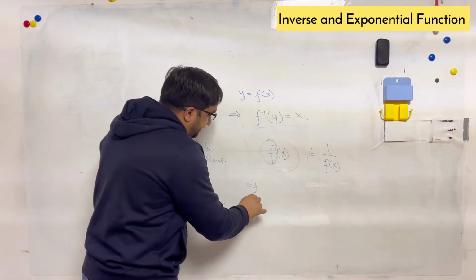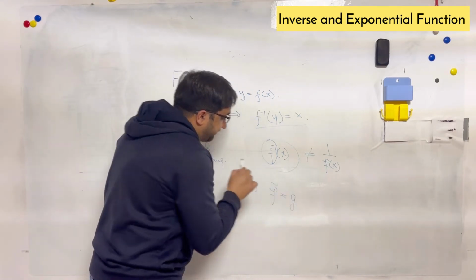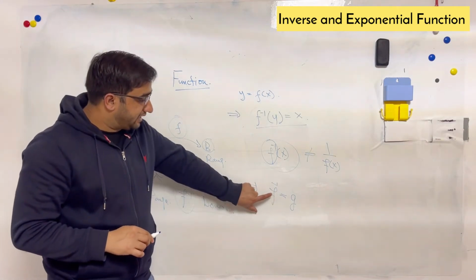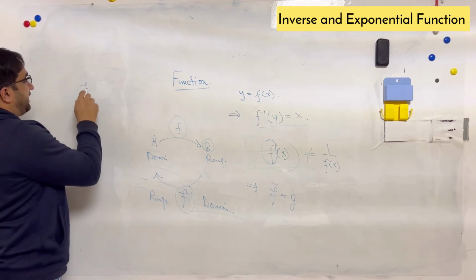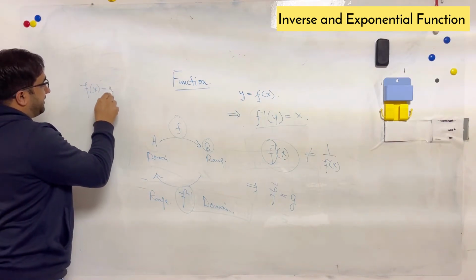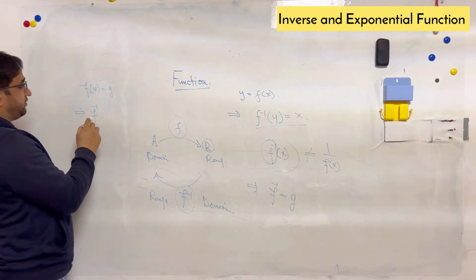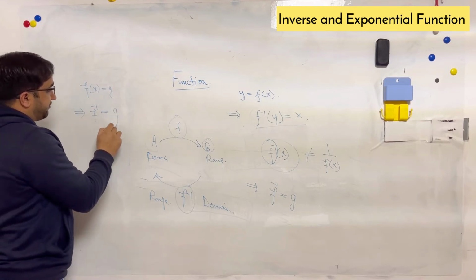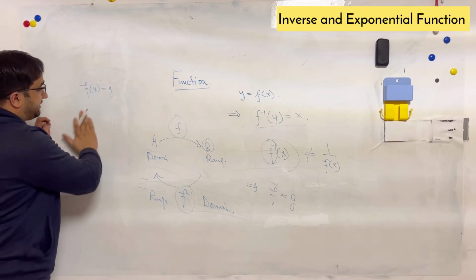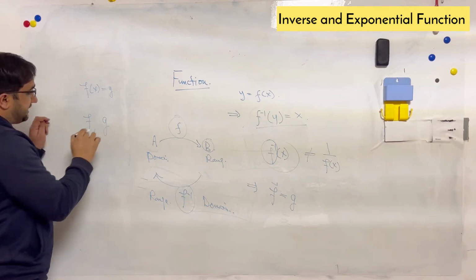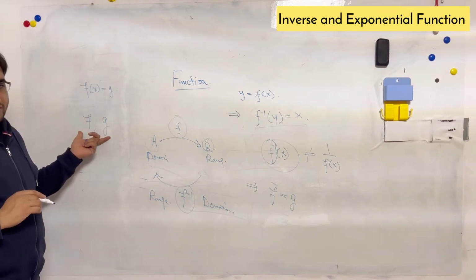And you can also say that f inverse is a kind of a function, and you can give it a different name, for example, g. You can call f inverse as a function g. If you have function f, and f of x is equal to y, and I am asking you to give me the f inverse, I can also ask you to give me an inverse function of f which is equal to g. So if I tell you that f is the function and g is the inverse function of f, then it is not wrong.